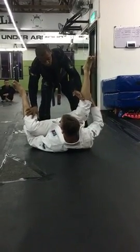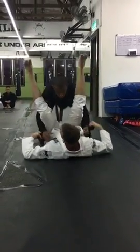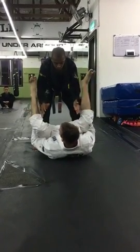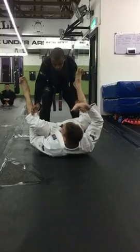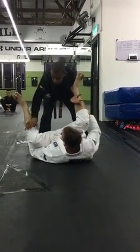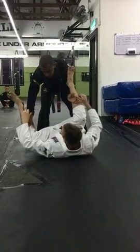Once they have to let go here, because I don't really have anything, he can go double unders on me, he can do all sorts of things to put me in danger. So I sort of have to react to this. This is where the drilling comes in. We're starting here, your opponent leaves his hands in, I'm going to let go, and just go to the sleeve